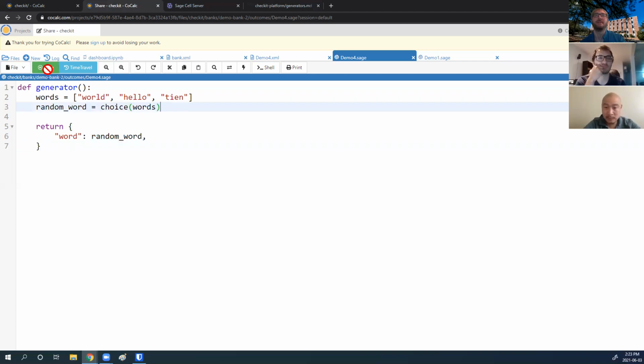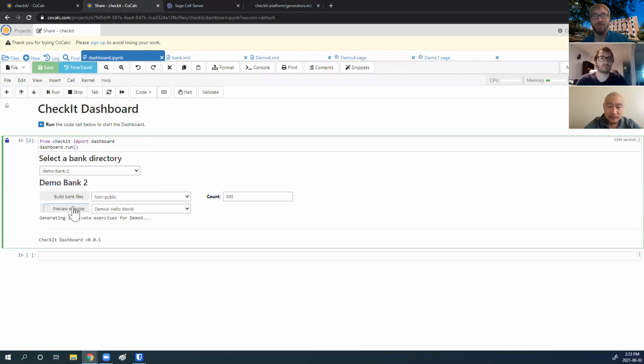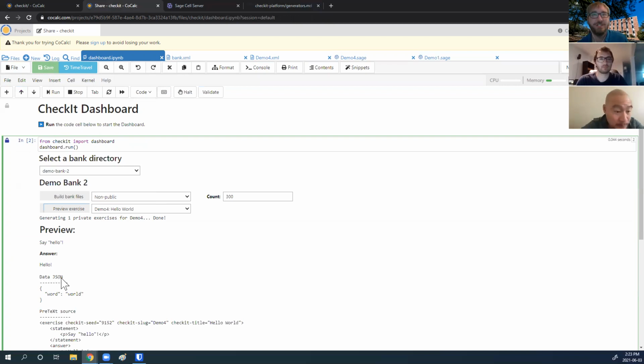So, follow Tian's advice and save manually. I'm going to go back to the dashboard. I'm going to preview the exercise. And of course, nothing's going to change, because, well, one thing's going to change. You see down here, my data JSON has that dictionary. It has the word as the key, but world was the random word chosen from it. If I preview it again,